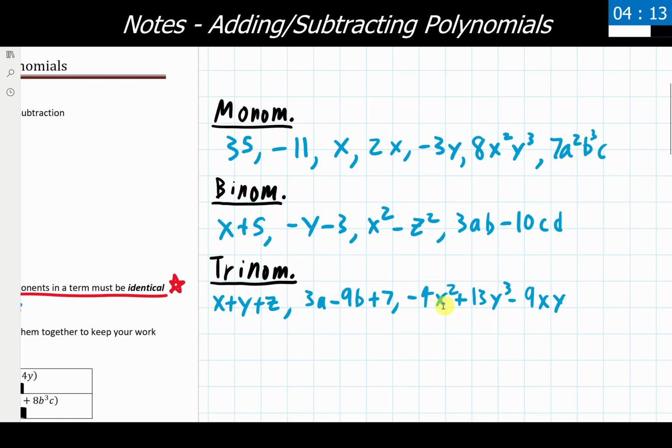So looking at my first term, I have x squared. That's the only exponent there, so the degree of this term would have to be 2. Looking at my second term, I have y to the third power. That's the only degree there, so that means this term has a degree of 3. Looking at my last term, I have x to the first power, y to the first power, and if I add those together, then I get a degree of 2 for my final term. So a degree of 2, a degree of 3, and a degree of 2 again.